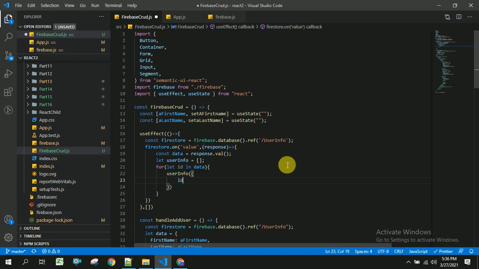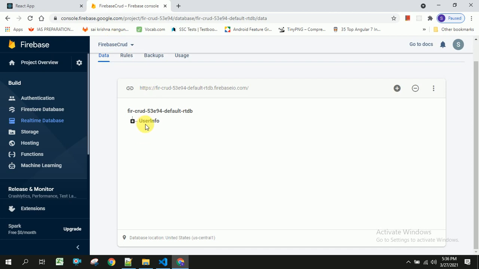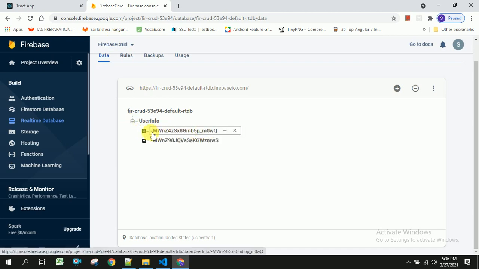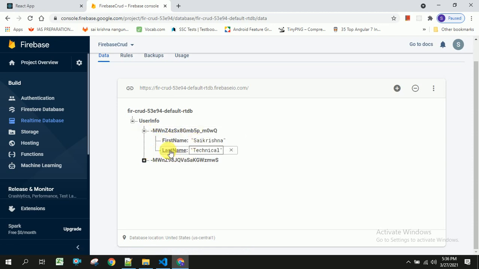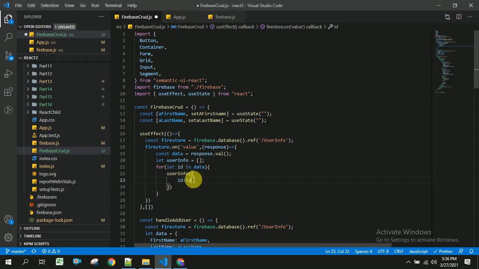So id will be the id. Here if you see, this is the id we are going to get. These are the IDs, and inside this we will be having first name and last name. So we are going to store all this ID, first name and last name in our user info array.